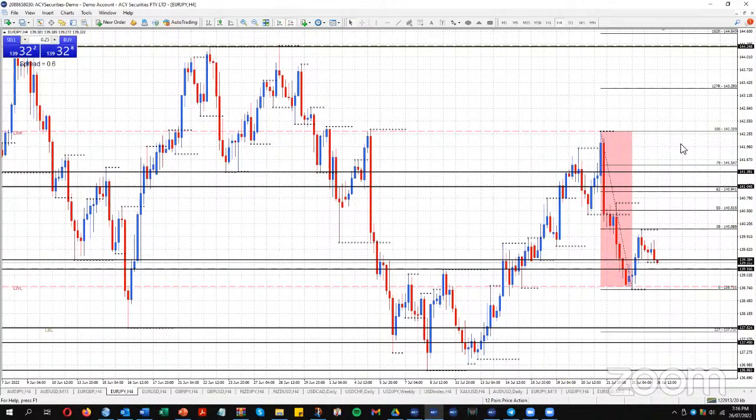So whether or not price can get back up to those discounted levels, we'll have to wait and see. At the moment, the 4-hour structure here is actually turning a little bit to the downside. So maybe it can't, but I'm just monitoring. So I'm looking at the 62 level and the 79 level. The 62 is at 140.94. A bit higher than that is monthly resistance at 141.04, and the 79 level at 141.54.